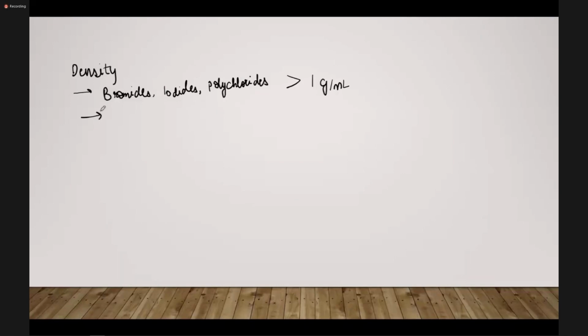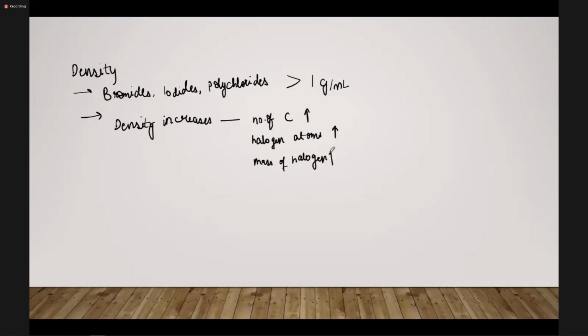ठीक है, तो density increases कब होगा? When number of carbon atoms जो होंगे वो बढ़ेंगे, नंबर ऑफ हैलोजन एटम्स होंगे वो बढ़ेंगे तो मास बढ़ जाएगा, बढ़ेंगे तो भी डेंसिटी बढ़ेगा और मास ऑफ हैलोजन, मतलब F, Cl, Br इस ऑर्डर में ये बढ़ेगा, तो डेंसिटी का ट्रेंड ये रहता है. ठीक है,